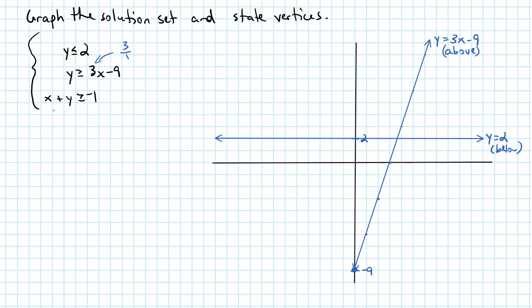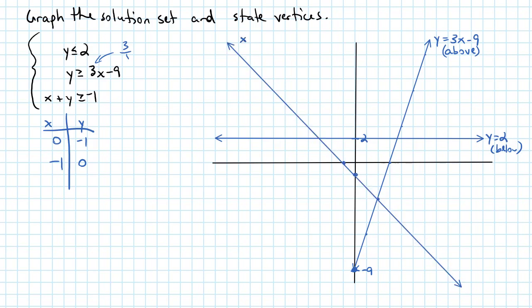So our third inequality, it's in standard form, so we'll use intercepts. If you plug in 0 for x, we can see that y is negative 1. If we plug in 0 for y, we can see that x is negative 1. So let's plot those points. 0, negative 1 is here. Negative 1, 0 is there. And we can continue with that pattern to get more points on our boundary line. I'm just kind of tracking it here, hopefully. There we go. All right, so that's the boundary line for the third inequality, which says that x plus y